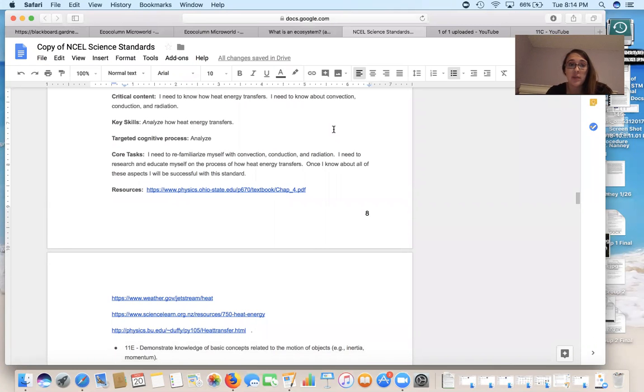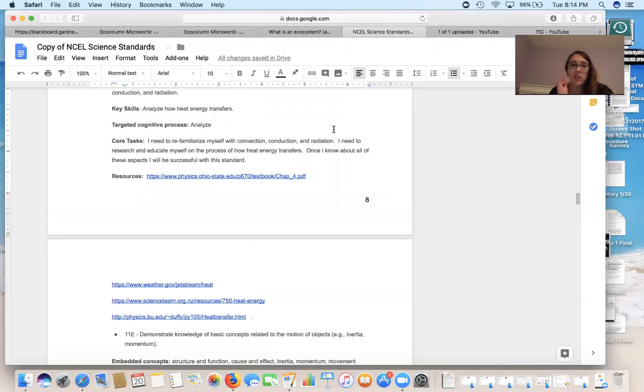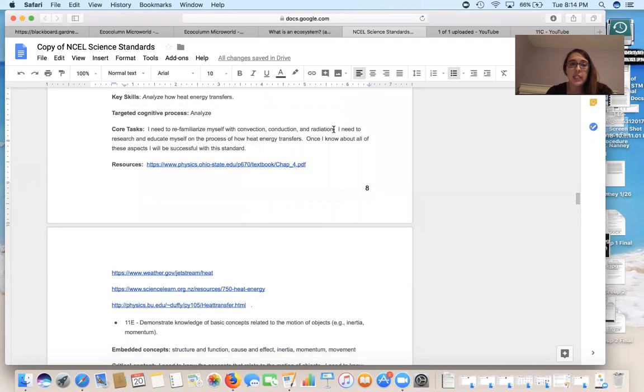So you need to look at these in depth. Your key skills are to analyze how the heat energy transfers. Your targeted cognitive process is to analyze. So to be successful, the steps you need to take, which are also referred to as core tasks, are to